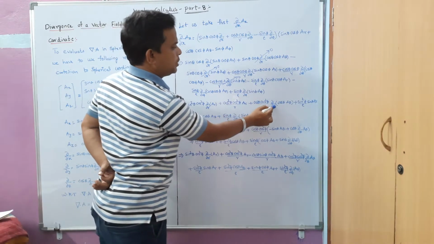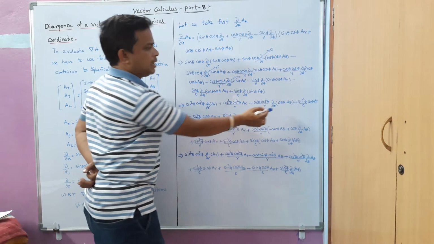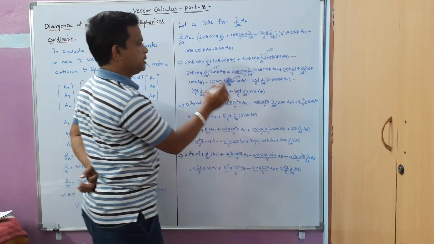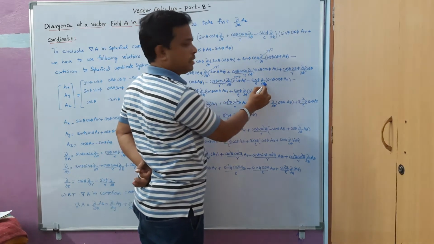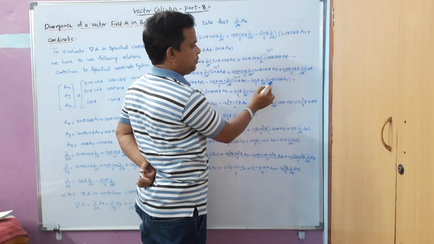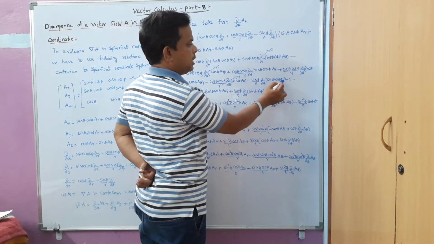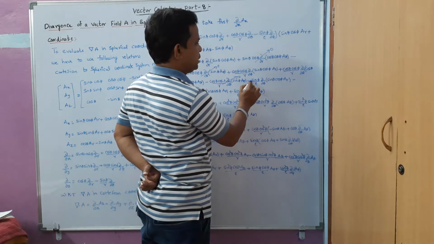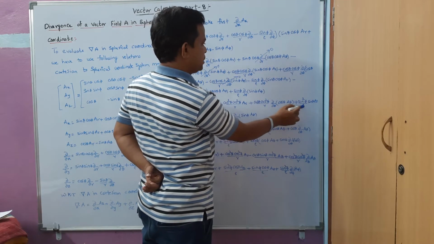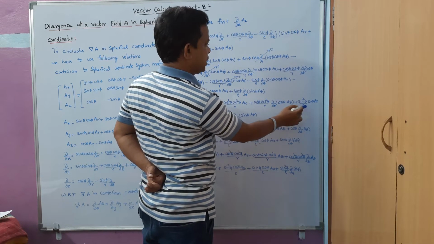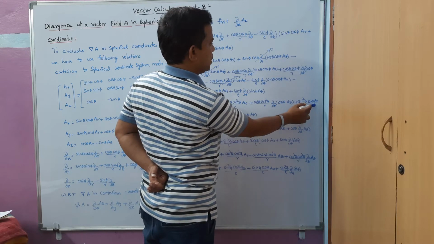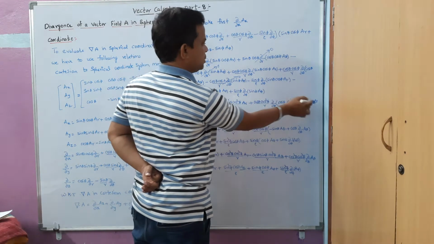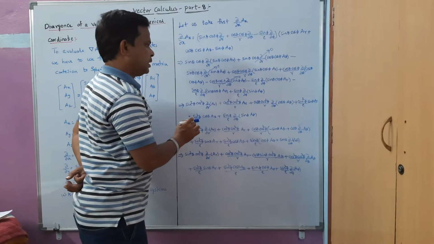and dou by dou theta I am taking separately here. I am going to apply the UV formula here. Similarly next, this is also treated as constant, and if I take dou by dou phi here, with respect to phi, sin theta is constant, I will take it outside, and the differentiation of cos phi is minus sin phi, minus minus plus, I get sin square phi by rho into Ar. So with respect to phi it is constant, that's why we are writing it outside.